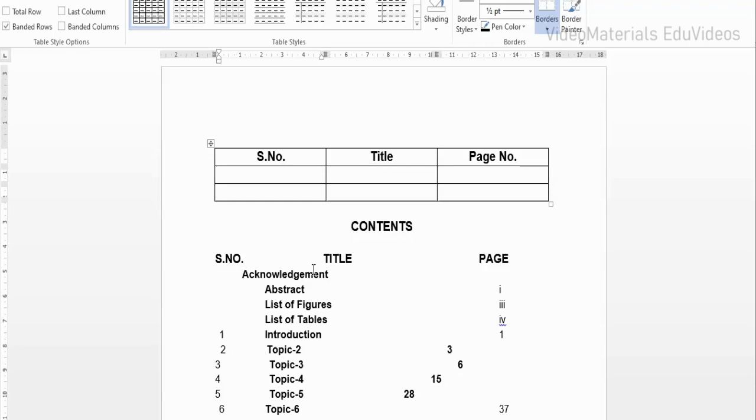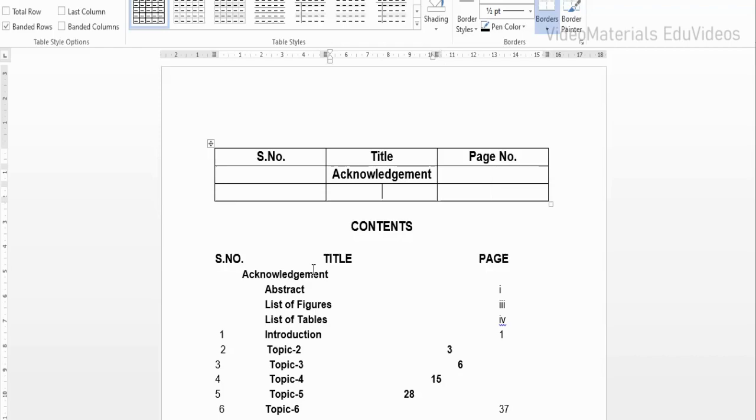Now in the next row of the table, serial number I don't want to give for acknowledgement, and the title here I want to write acknowledgement. Then the page number I need to make empty.